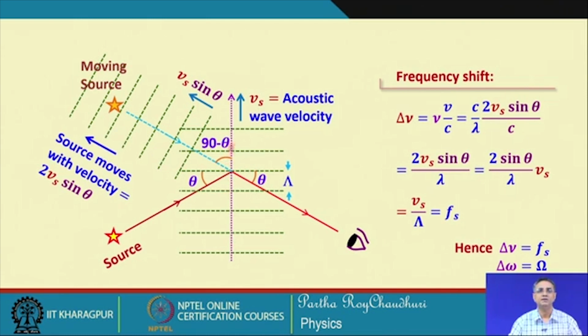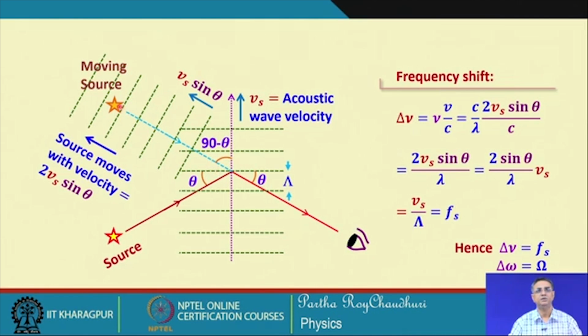So, there is a velocity of the acoustic wave, which is V s, the velocity of the sound wave. There is a component of the sound wave, V s sin theta, along this direction, because you can always decompose this velocity of the acoustic wave into two mutually perpendicular directions. So, this is the velocity of the acoustic wave in this direction. Therefore, when the optical beam is reflected from here, it will see a mirror which is moving in this direction,